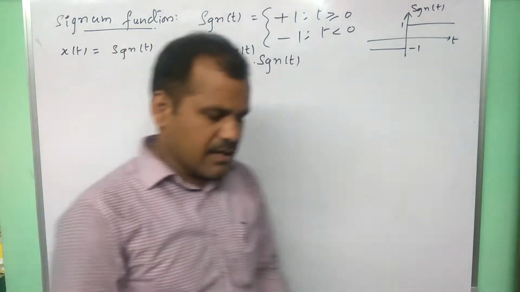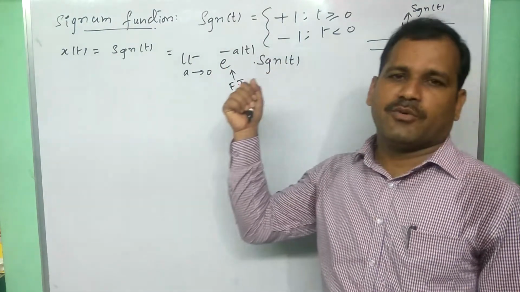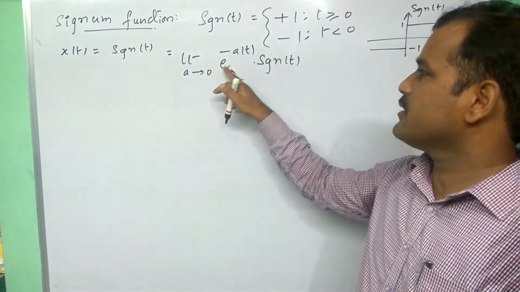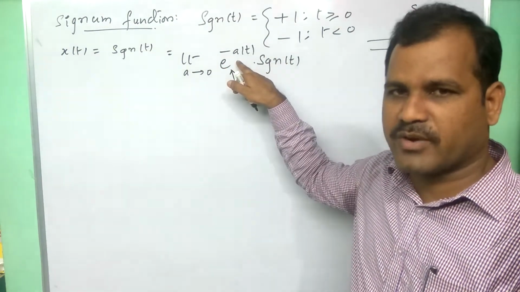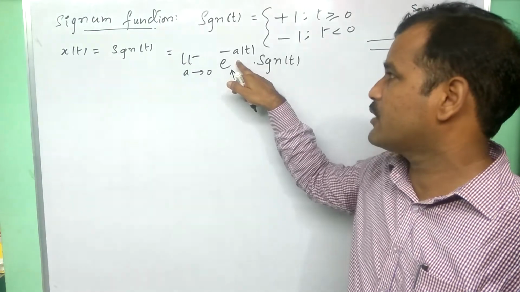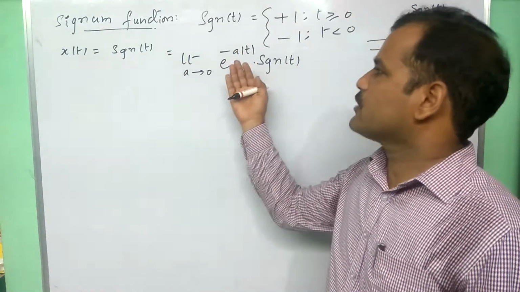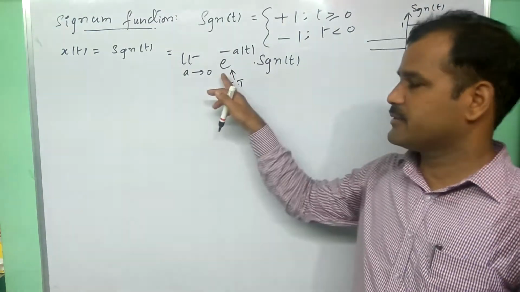Fine. And why are we multiplying like this for this function only? That is one common question. Why am I multiplying the signum function this way? While solving the Fourier transform for the two-sided exponential, one-sided exponential, and delta function, I have not done like this. We took the Fourier transform formula directly, substituted this x of t and simplified. But for the signum function only, I have done like this.